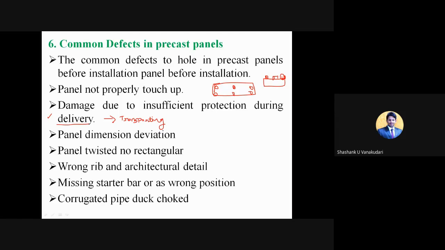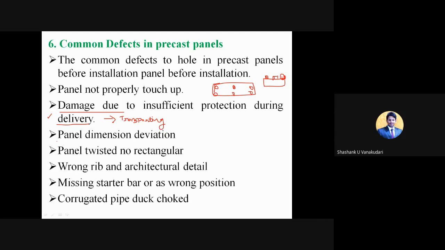Then we need to maintain certain gaps between one member and the other members by providing some additional members so that the stresses will be reduced. And with the sharp edges of the roads, if you take a sudden turn, that entire stress will come on one place, which we need to avoid by avoiding those places, right? So we need to take a lot of care so that whatever damages are going to occur during the transportation, we have to adopt measures. So this is also the main damage caused because of insufficient protection during the delivery part.